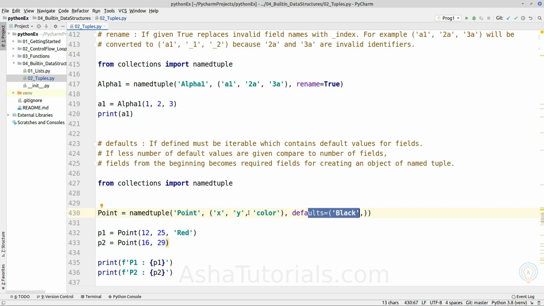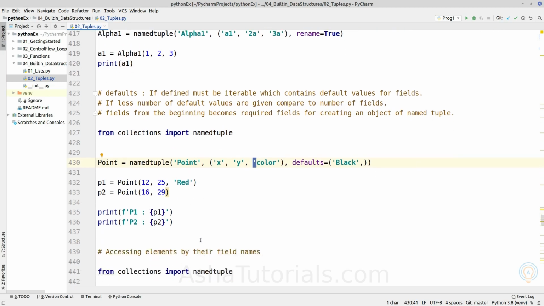So the parameters from the beginning of the list will be required parameters by default, and the remaining parameters matching the defaults will become default value parameters for the constructor of that particular class.